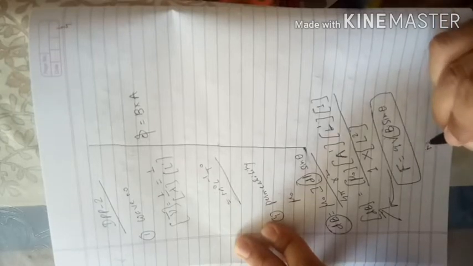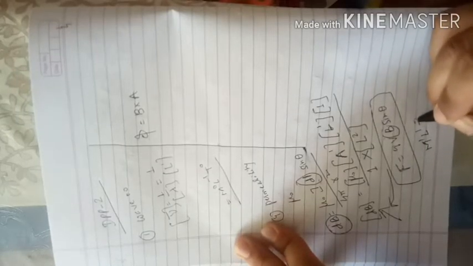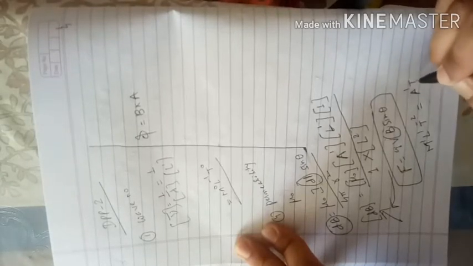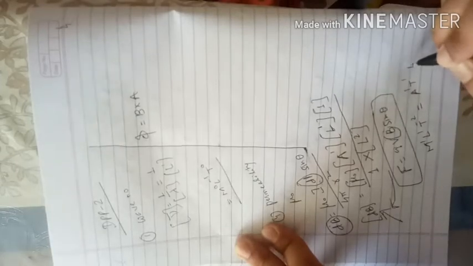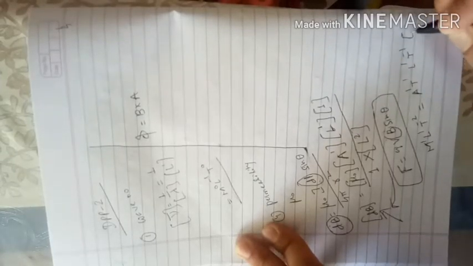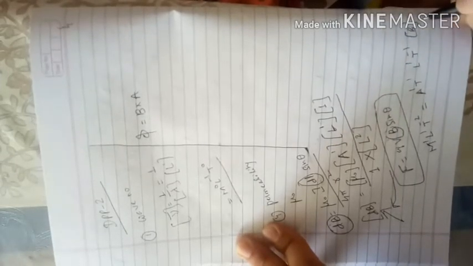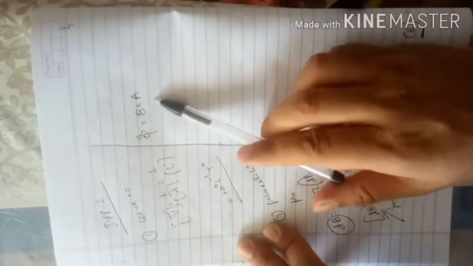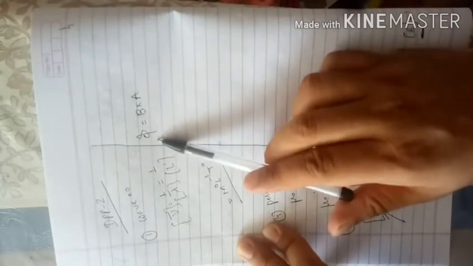If you want, I'll just do it once again. So M1 L1 T minus 2, this is force. Charge is current into time, so A1 T1. Velocity is meter per second, so L1 T minus 1. And magnetic field we have to find out, and sine theta is dimensionless. From here we'll get the dimensional formula for magnetic field, and that we'll substitute here, multiply it by area, we'll get the dimensional formula for flux. I'm not doing it, you can do it yourself because we already discussed it many times.